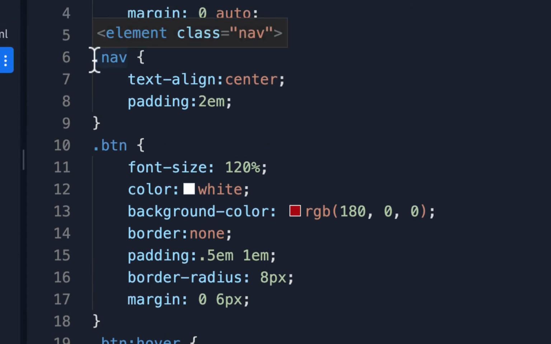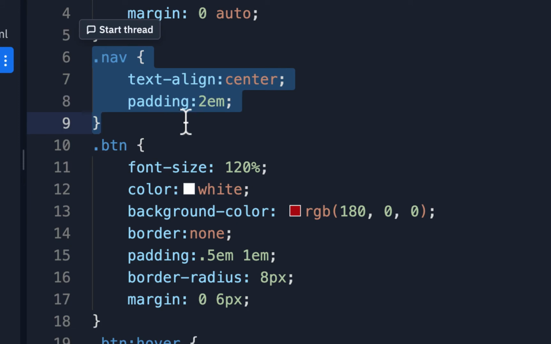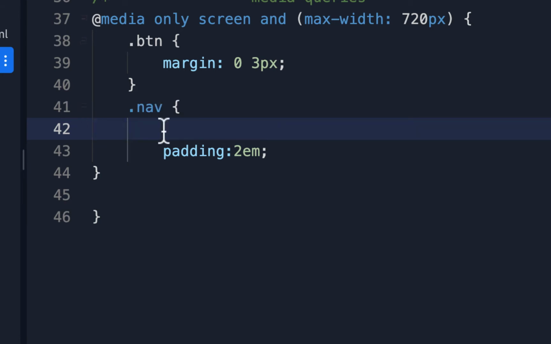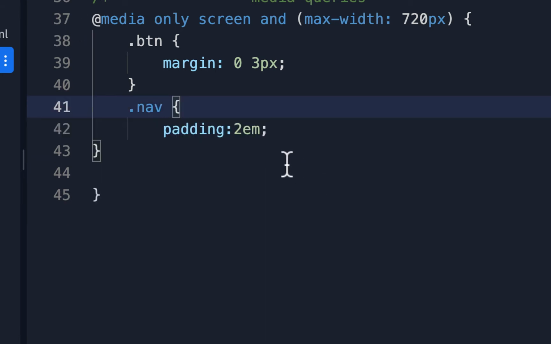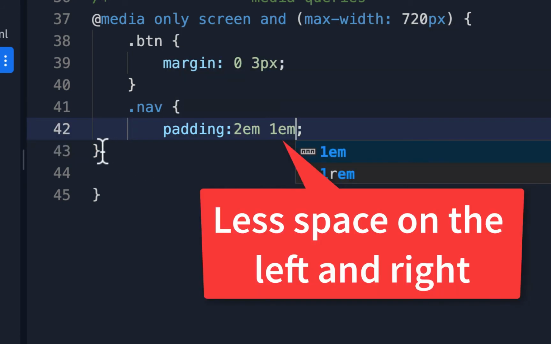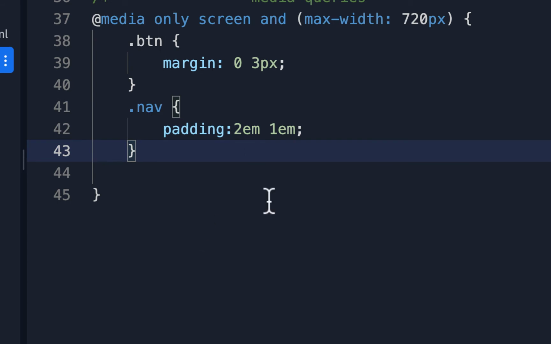Now let's change that. This is just at 720. Tab these in. I don't need text-align center because we're not going to change that, but we are going to change padding. Instead of 2em, let's change it so it's 2em on the top and bottom, and then a space, and then I'll click here, make sure it's not highlighted. I'll click here, put a space, and I'll put 1em, and I'll tab this over, and that's okay right now. So not a whole lot's changing. I'll refresh it,